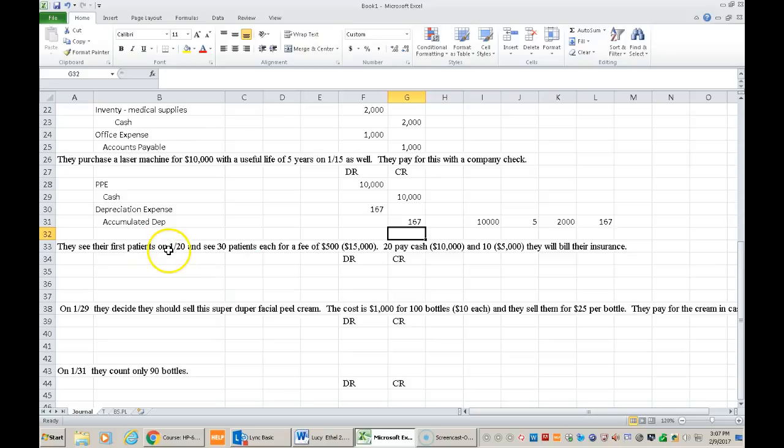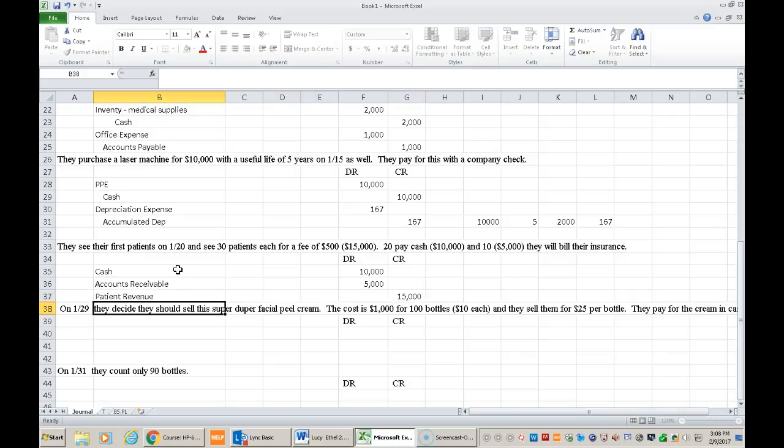They see their first patients, and there were 30 of them, each for a fee of $500. So 30 times 500 is 15,000. 20 pay cash, and 10 will bill their insurance. So some pay cash, so cash increases by 10,000, and some will bill their insurance. So that's an accounts receivable. We're going to receive payment from their insurance, and that's $5,000. And we have patient revenue